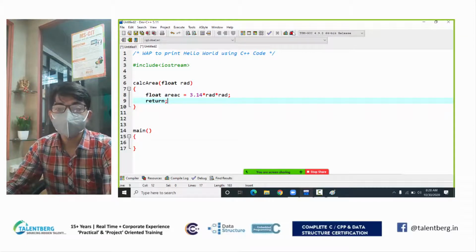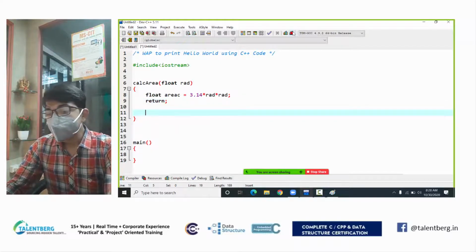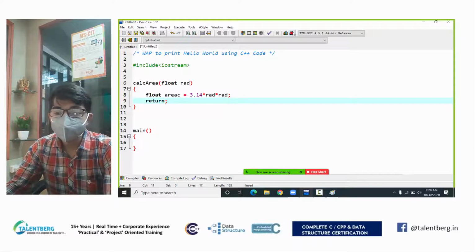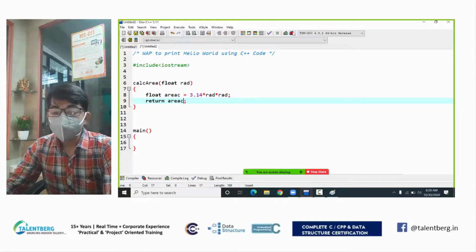After the return keyword, if you write anything, it will not work, because you exit from line number 9. If you want to respond with an answer from the function, you can write area of circle. The meaning is, the area of circle is the response from the function calculate area.